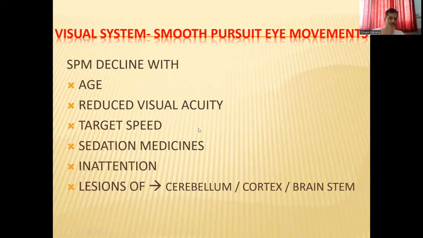So smooth pursuit movements decline with age. As our age progresses, the movement reduces its sharpness. It is also reduced with reduced visual acuity, target speed, medicines such as sedation medicines, and inattention, and this all will reduce the acuity while observing a moving object, as well as some lesions of the cerebellum, because as we have already seen in the last slide,